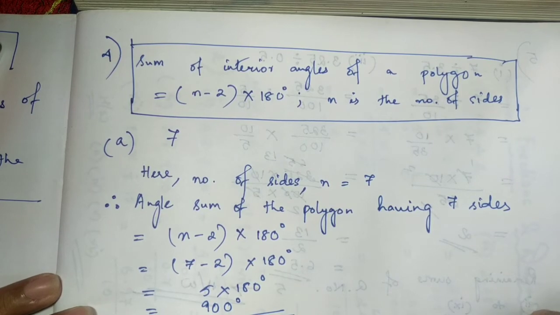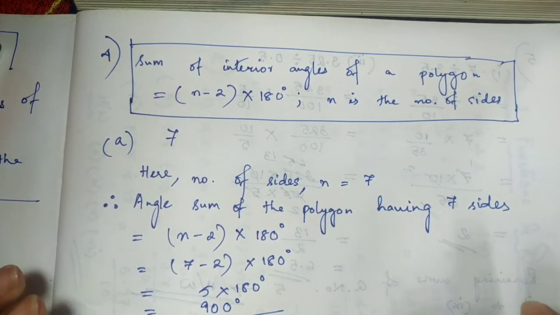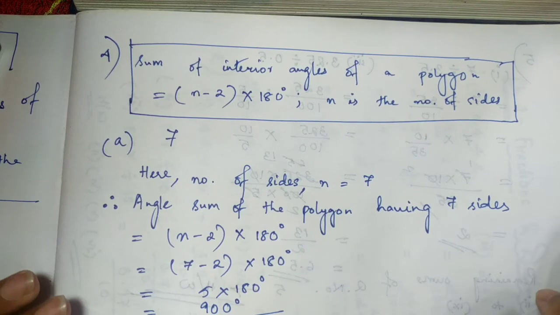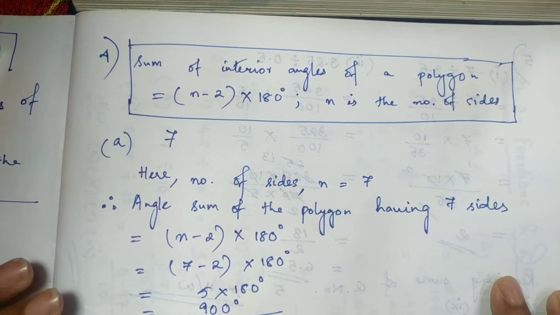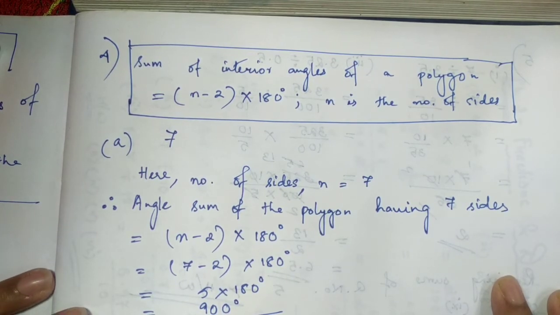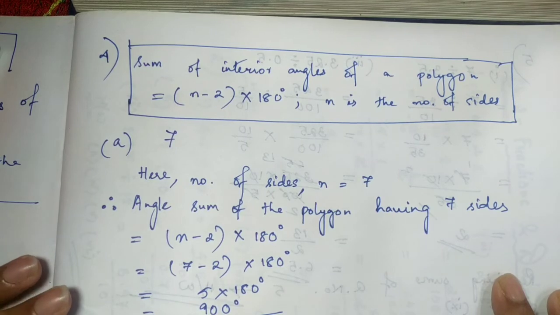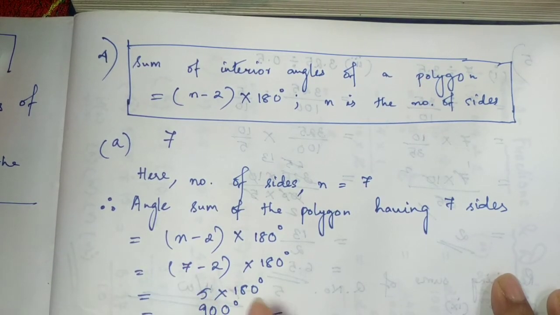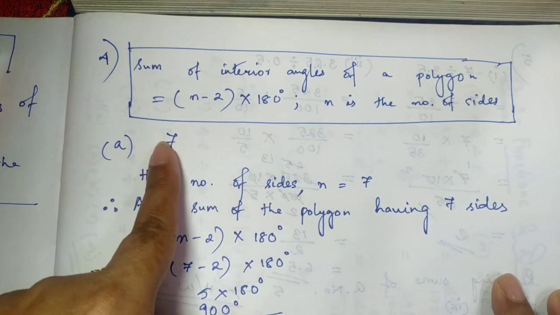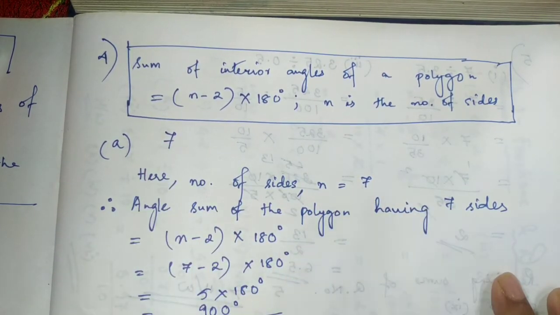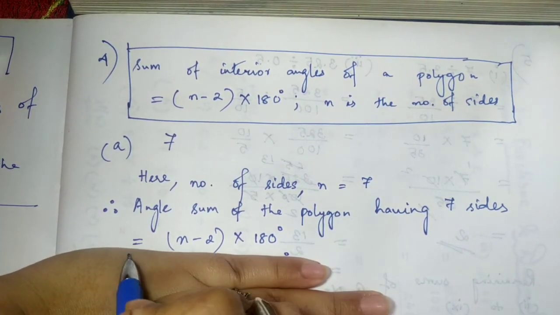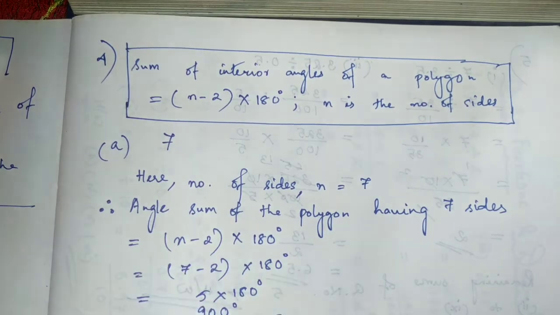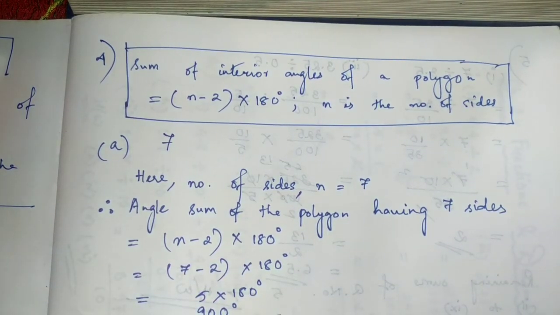So this way we find the sum of the angles of a polygon when the number of sides is given. You can see you have B, C and D also here. You can try these. In question number D, remember that it is given as n. Don't get confused. Here the number of sides n is equal to n, you directly write that, and for the angle sum property you will write till here, because n is not given, you don't know n, so it will be till here for number D, and you don't have to worry. In numbers B and C, numbers are given, so just put them in the formula and calculate.